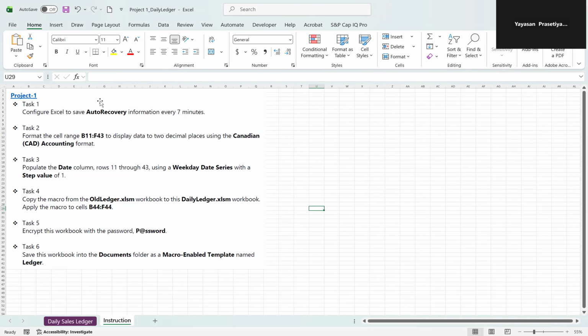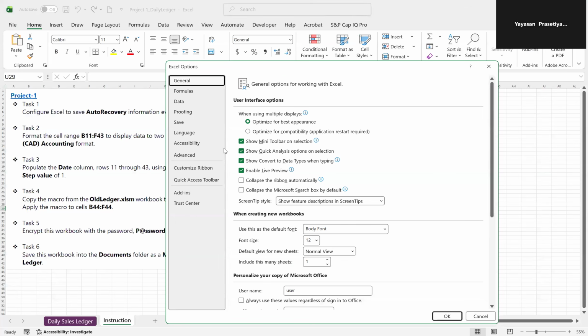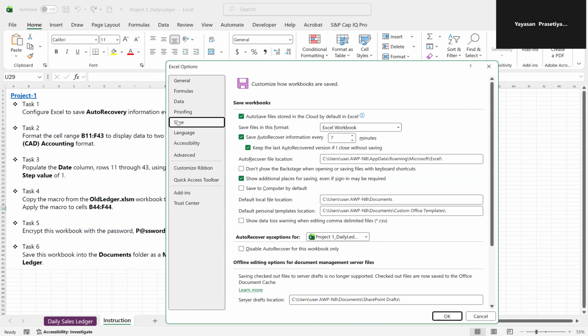Auto recovery is hidden in the Excel options. You can find the setup in the Excel options hiding on the backstage menu, and the auto recover is located under Save.